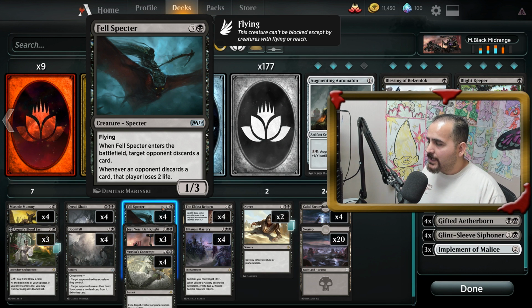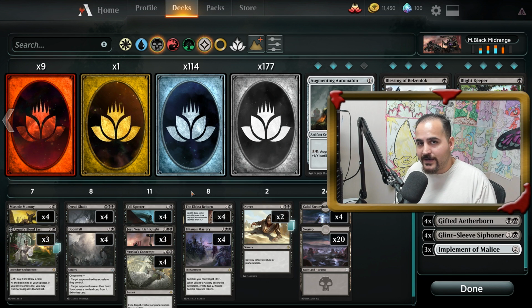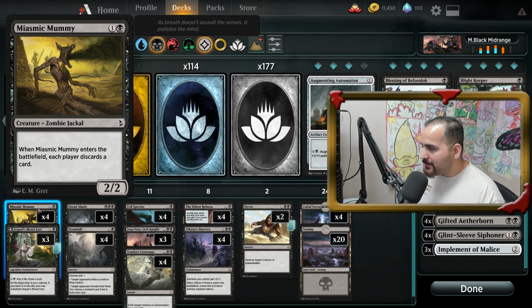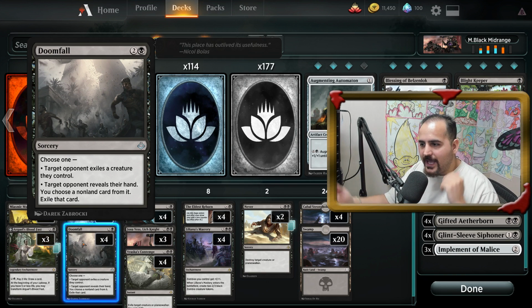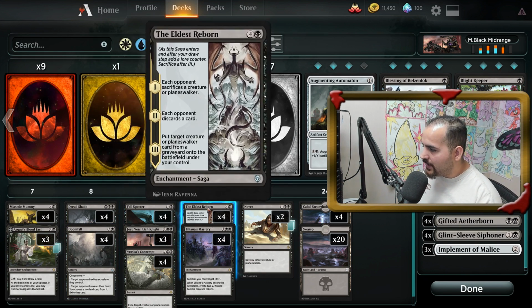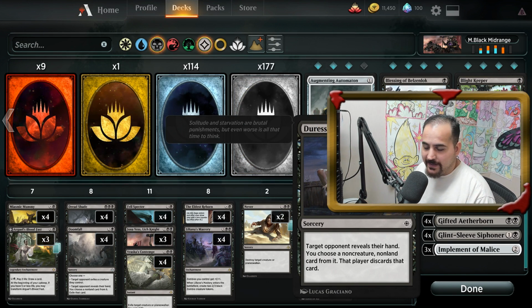So this deck does have a good matchup against the Turbo Fog decks. And the reason I say that, Scoobs, is because it's just got so much hand hate. It really does. Miasmic Mummy comes down, everybody discards a card. Doomfall, let me see your hand. Exile a Teferi or something. Fell Specter, discard a card. Eldest Reborn. And then when you get into the sideboard, you've got Duress,